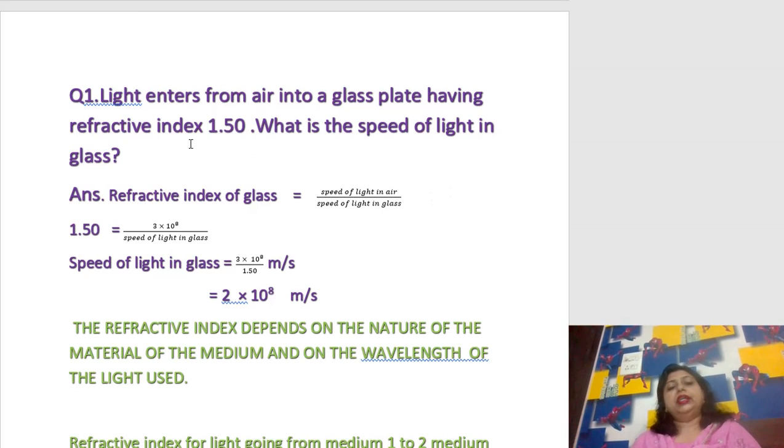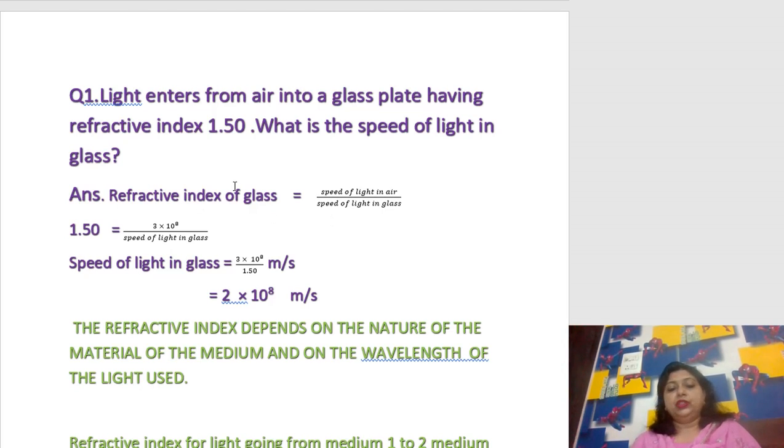Your question is: light enters from air into a glass plate having refractive index 1.50. What is the speed of light in glass? Means when the light goes from air to glass plate, the refractive index is 1.50. So what is the speed of light in glass? By the formula, the refractive index of glass will be speed of light in air by speed of light in glass, as this is the formula which I explained in